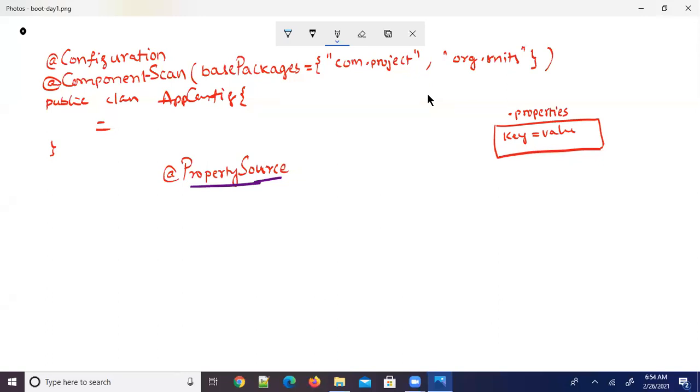Say for example, just as an example, assume that we have properties files with names like this: one properties file name is sql.properties, and the other properties file name is NoSQL.properties.